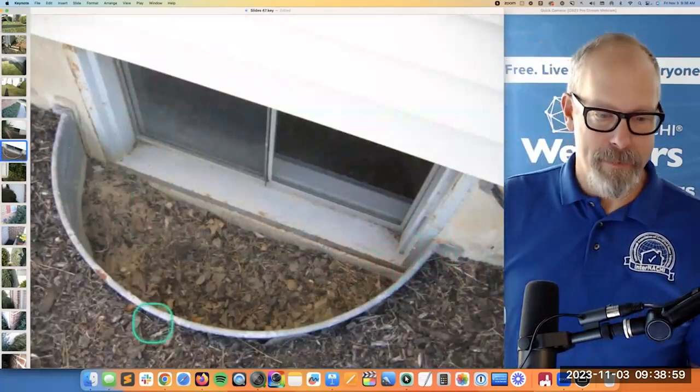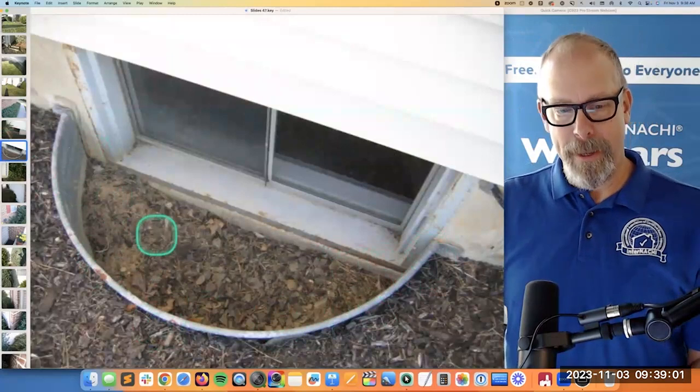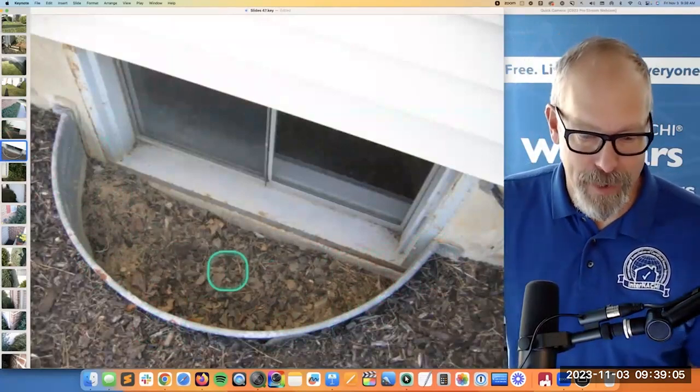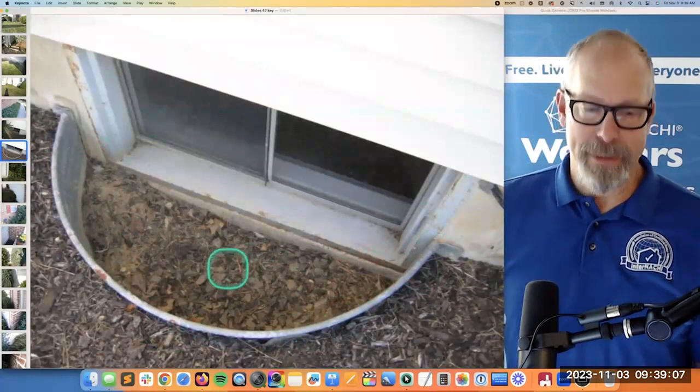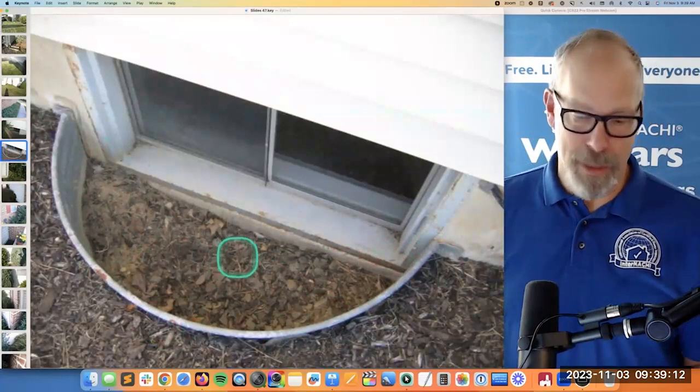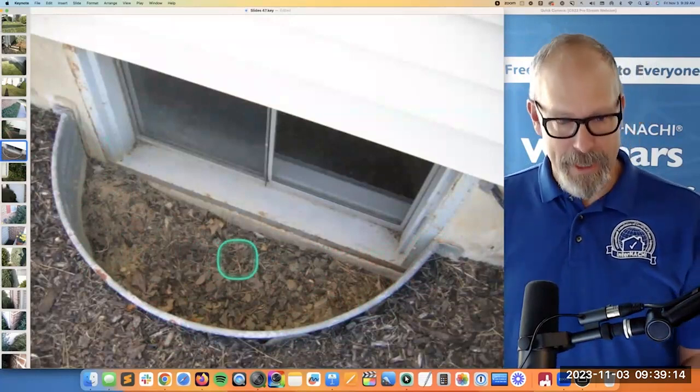You can buy this at Home Depot, Lowe's, or something like that and put it in. And then this should be filled with gravel. And hopefully it can just drain by itself. If not, there's a big complicated system about drainage pipes that should have been installed when the house was built. And if it's not there, it's really difficult to install now. But the idea